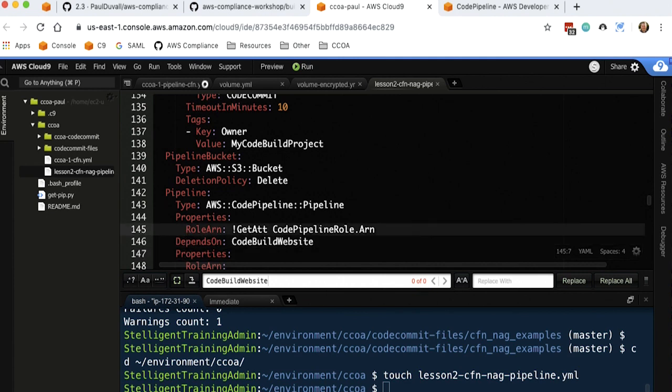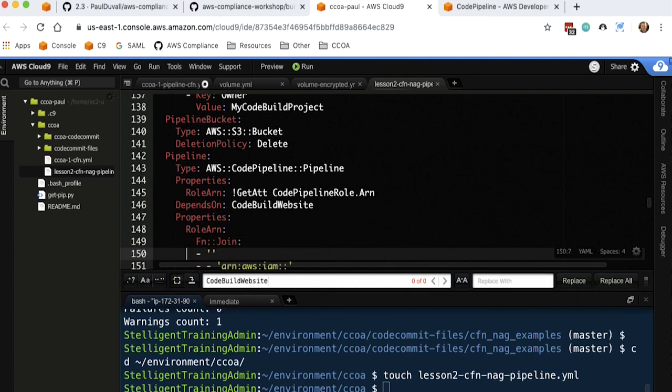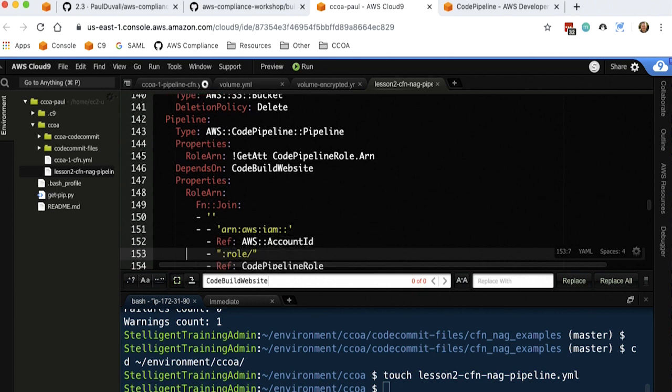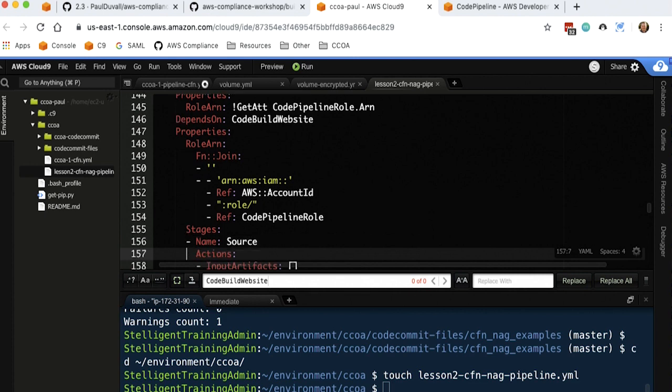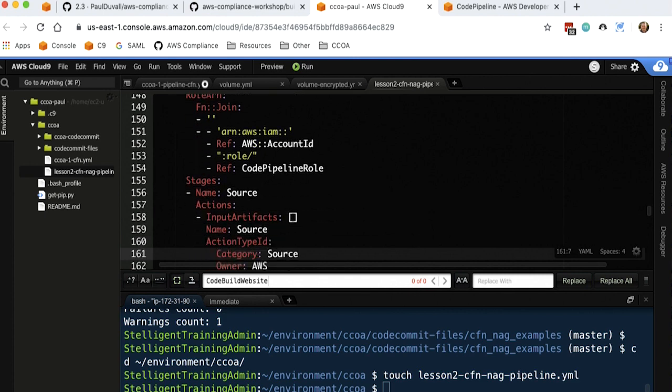So one, it depends on, it has to have that CodeBuild project that has to have been created prior to provisioning this. Sometimes you need to do this, while it's a declarative language, so that it determines the CodeBuild project has already been created. And so we put DependsOn, so that just makes a reference to that logical name. And then we have the CodePipeline role that it's using, and then we define the stage